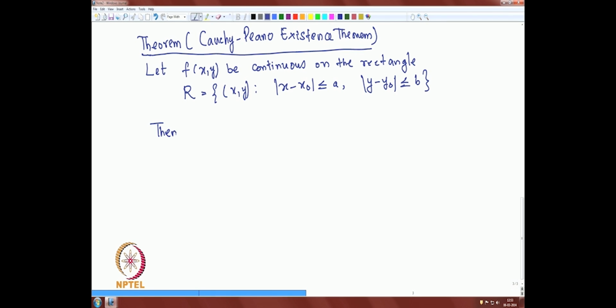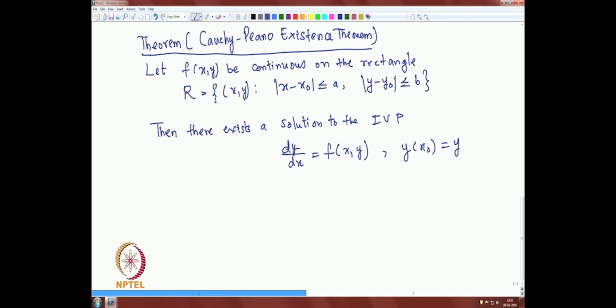Then there exists a solution to the initial value problem dy/dx = f(x, y), y(x0) = y0,